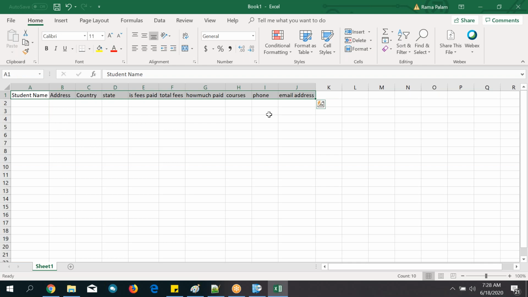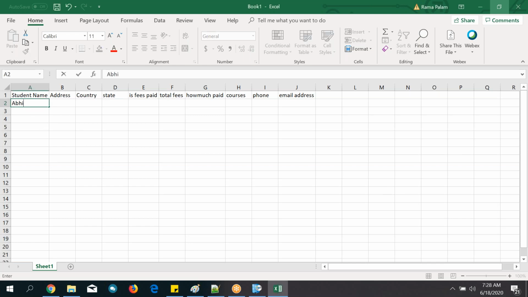Generally we can store it like this. Let's give dummy names, not your real names. Just two persons is enough. So Abhishek is there, Ali is there. Let me give Abhishek's details. Address, think about Hyderabad, country India, state Telangana.